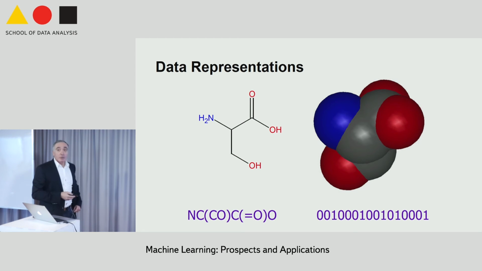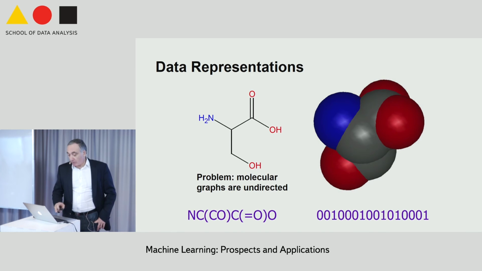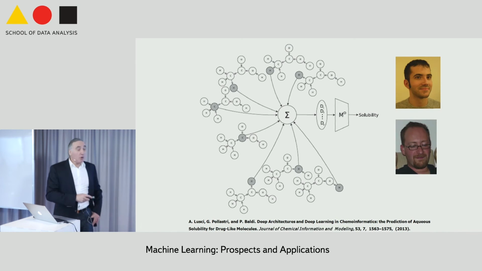So what are you going to do? One way would be to choose some arbitrary orientation that makes this graph acyclic. You can do that, but it's not very elegant. A more elegant solution that we developed is to take all possible orientations. So here's a molecule. It's a different molecule, but it doesn't matter. In each one of these, I have a node in gray, which I call the sink, and I orient all the edges toward the sink, right?